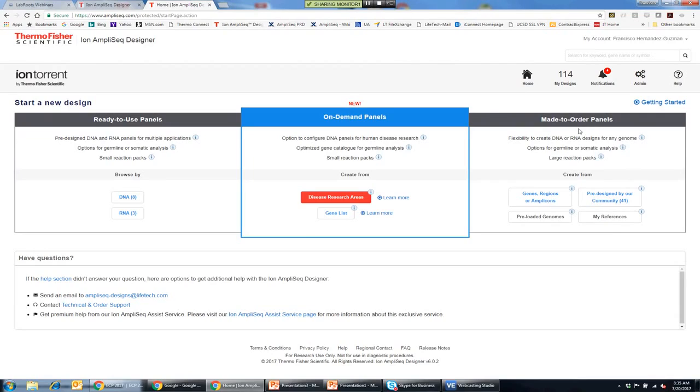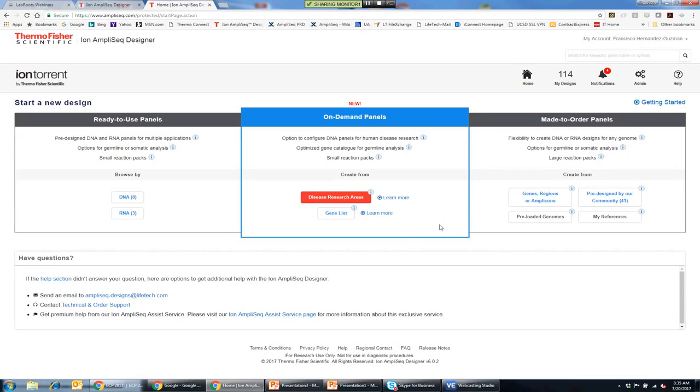But what you do see is that you're tied to a made-to-order process, which basically means that whenever you create a design, the design needs to be actually computed in the back end, and that can take some time, and then it has to be manufactured from scratch, so that can also take some time. So there are some advantages and disadvantages to using the made-to-order versus our new product that we have today, which is